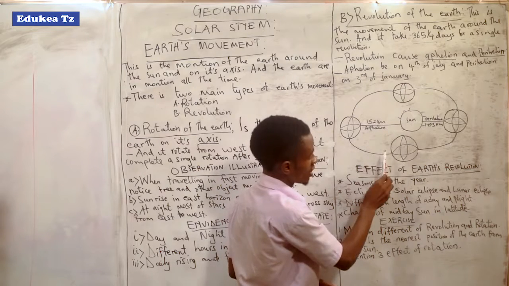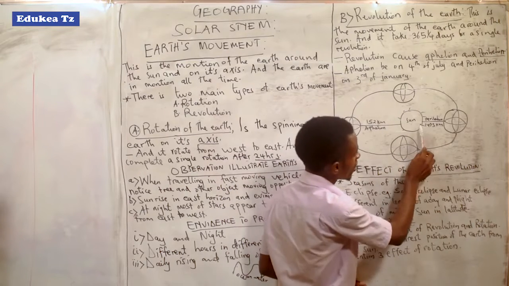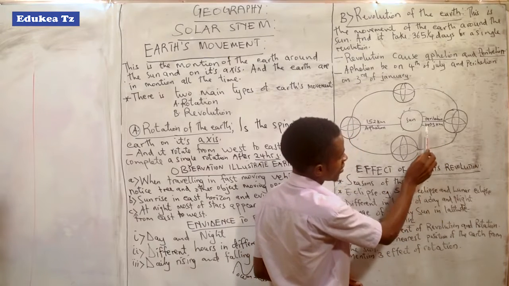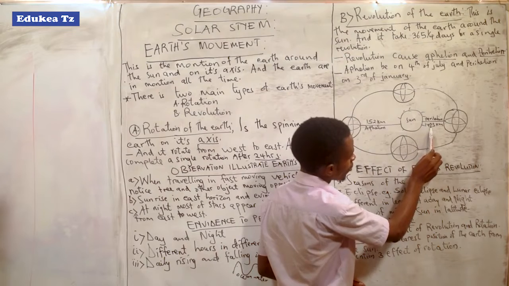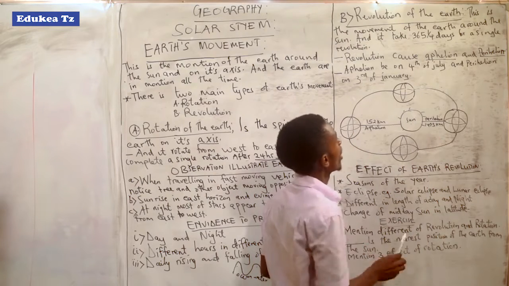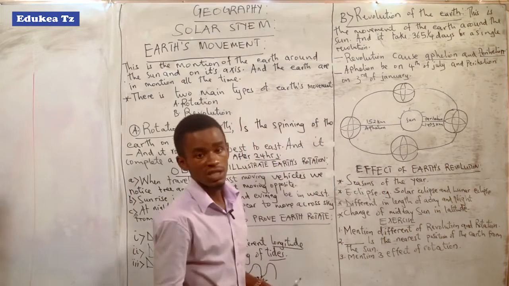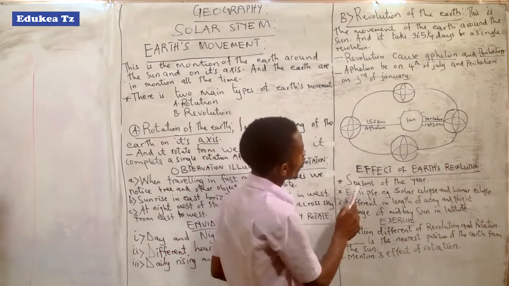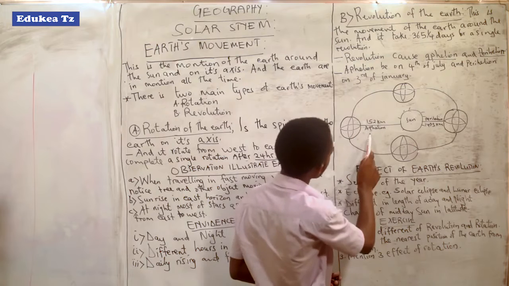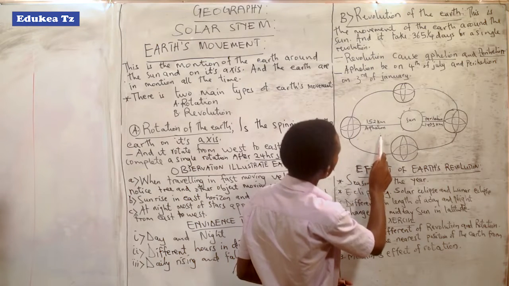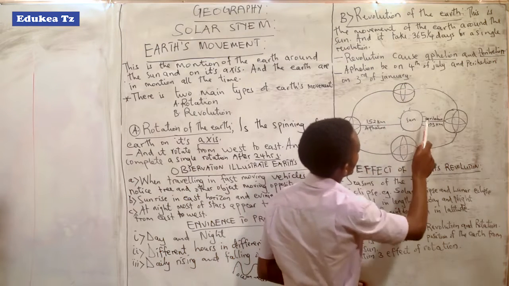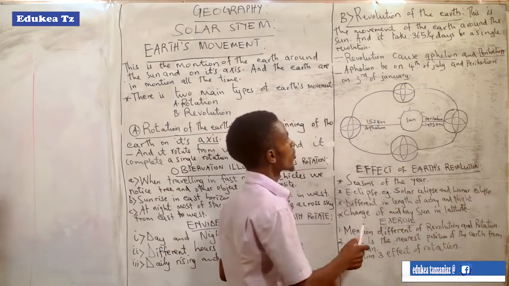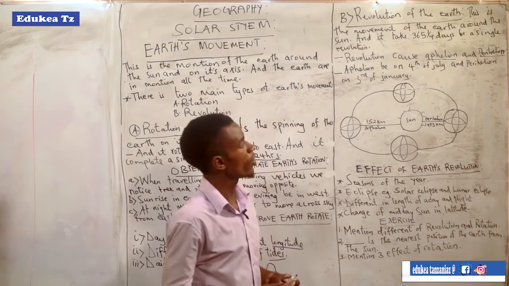152 million kilometers. But the point when the Earth is near to the sun is called perihelion, and it is about 147.3 million kilometers. So that is about aphelion and perihelion. Aphelion happens on 4th of July, and perihelion is on 3rd of January. So you have to make a simple observation.